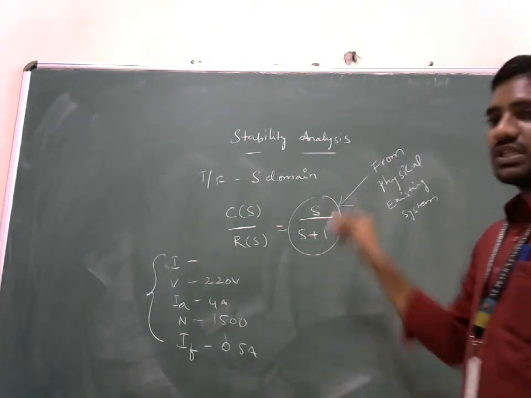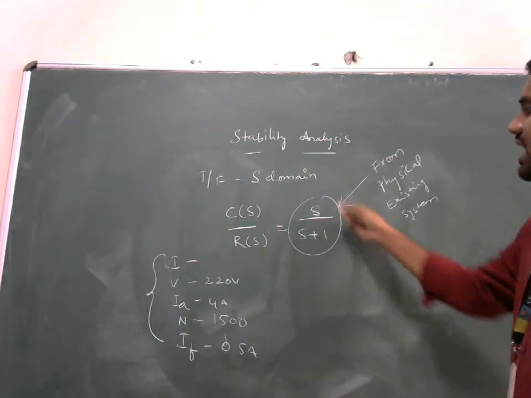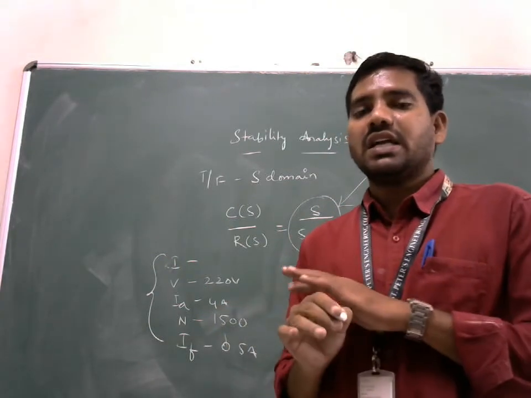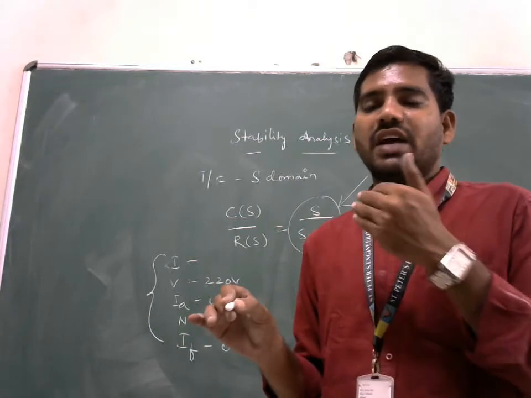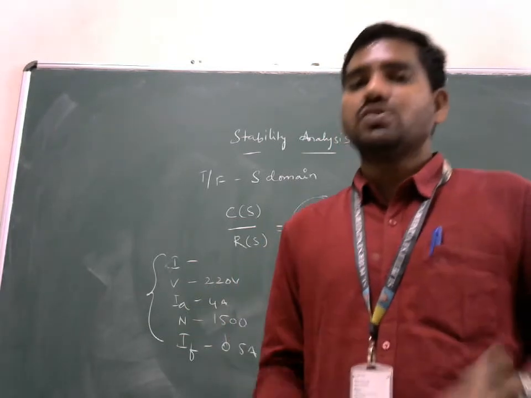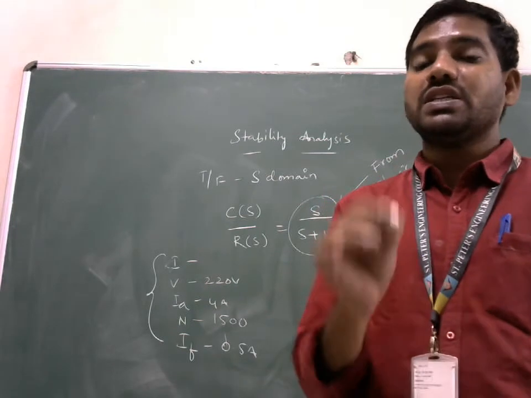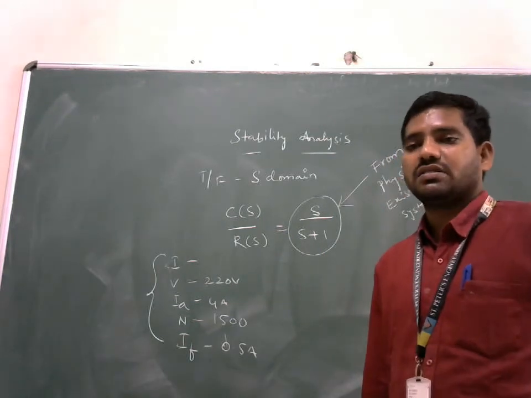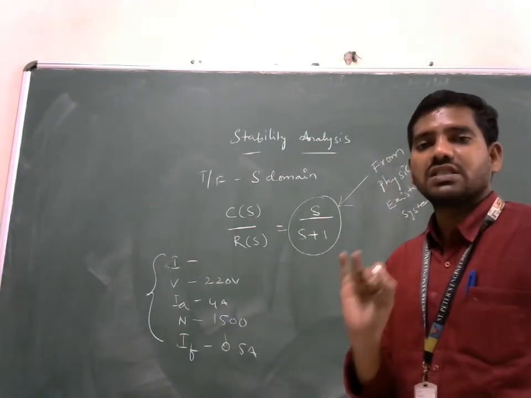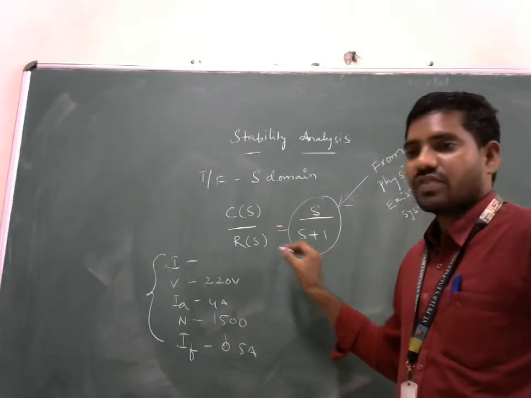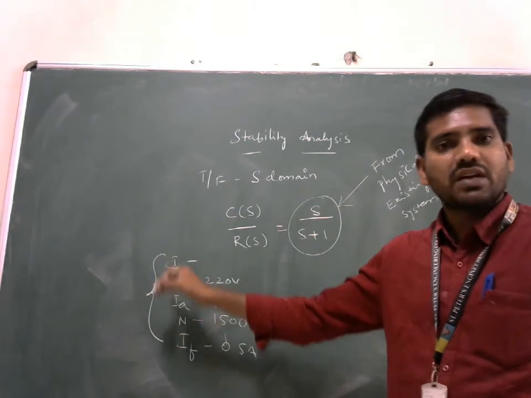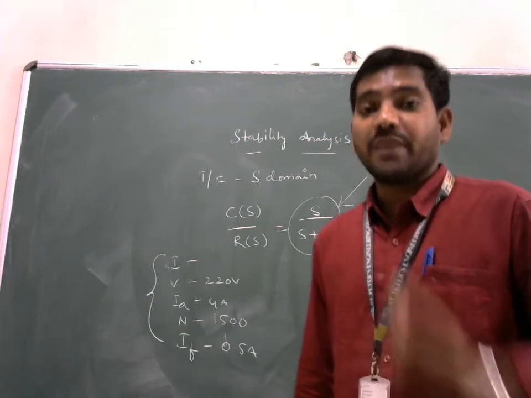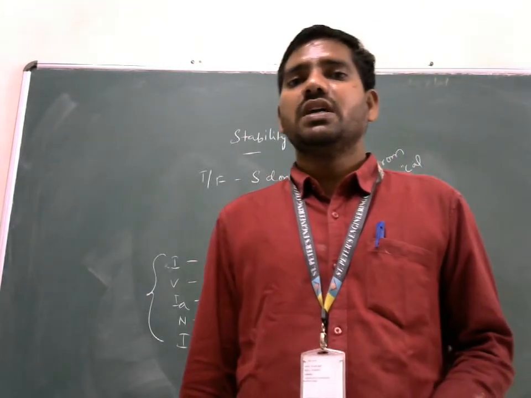In our control system syllabus, the transfer function in our problems, where it comes from, will not be disclosed to anyone. They will just give us the transfer function and ask us to find whether this transfer function is stable or not. You may ask, from where are you getting this transfer function? From the physical existing system, whatever it may be. It may be a generator motor set, or a transformer, or a chemical industry, or a process industry. It can be from anywhere.